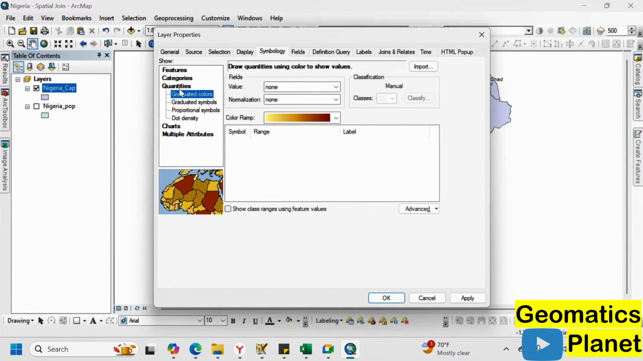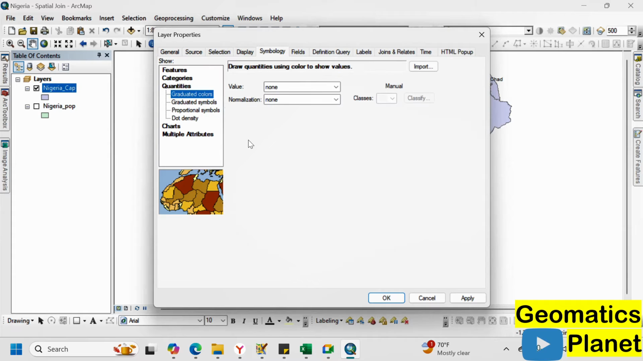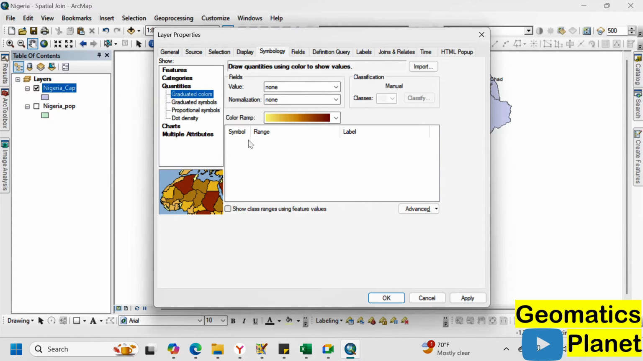Also, this. We have talked about category. I've given you examples of how you can make unique values and match symbols. So I want us to use this opportunity to talk about quantities. Is that okay? Yes, sir. Okay, in quantities,